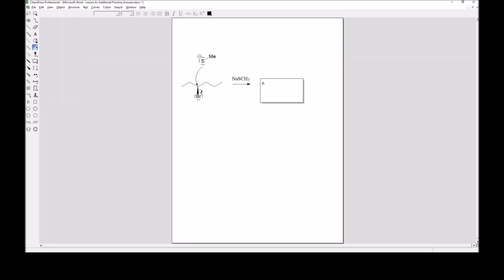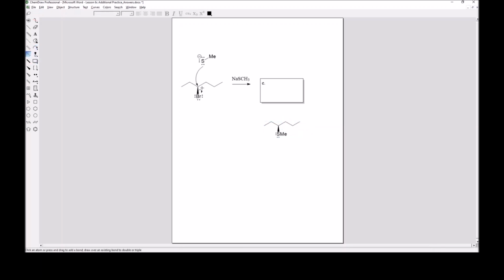And so this is the mechanism of that Sn2 reaction, and your final product will replace, so let's get rid of that lone pair, and we're going to replace the bromine right here with methyl thiolate. So this is our final product, but it's incorrect. As currently written, this final product is wrong, and hopefully you recognize the problem, and it has to do with